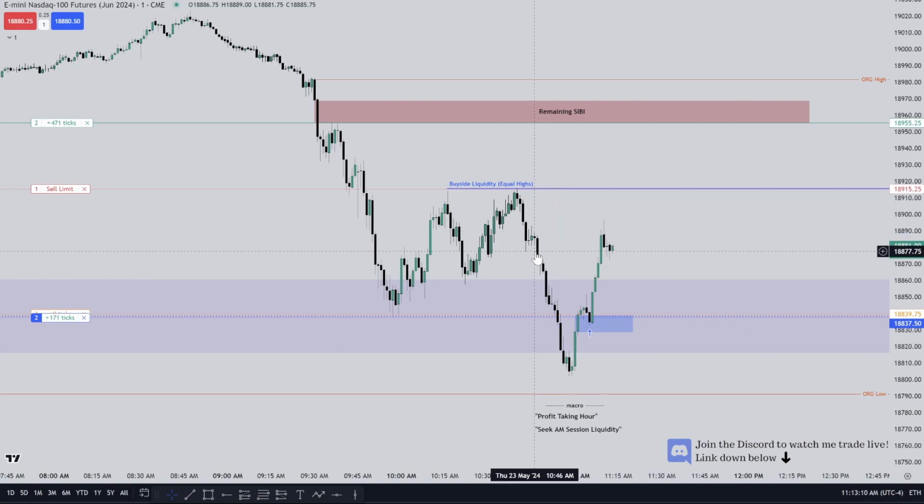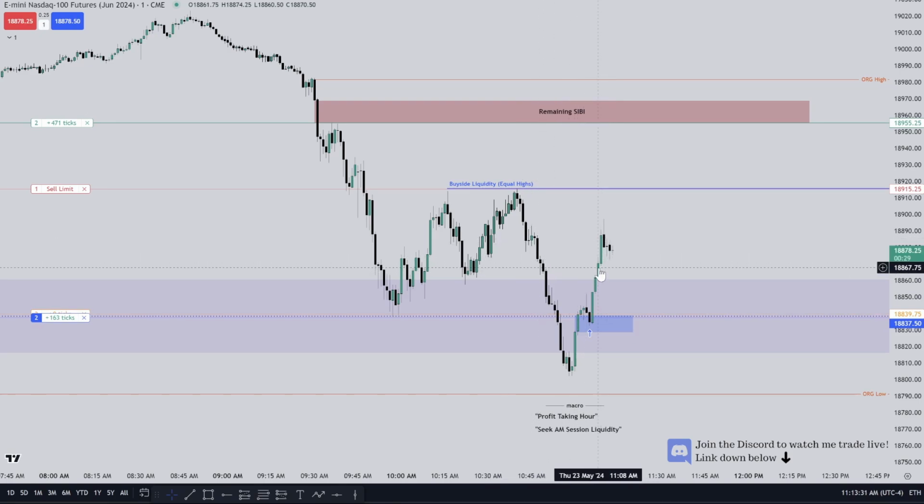Also watching this potential balanced price range, see if that can offer support. So notice how we have the single pass down with this fair value gap, and we have this fair value gap here with this single pass up. That portion right there is balance. All right, so I would like to see that offer support.